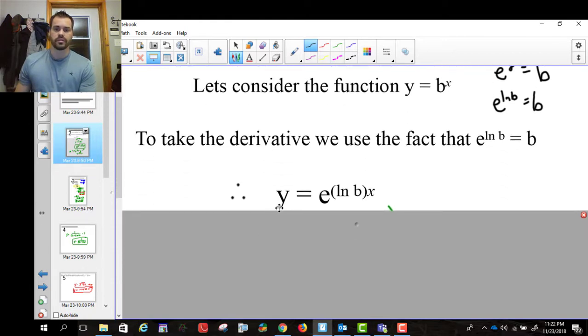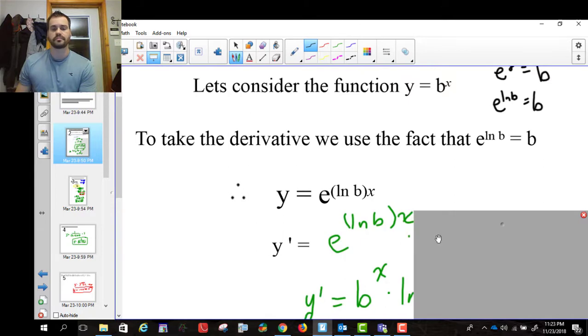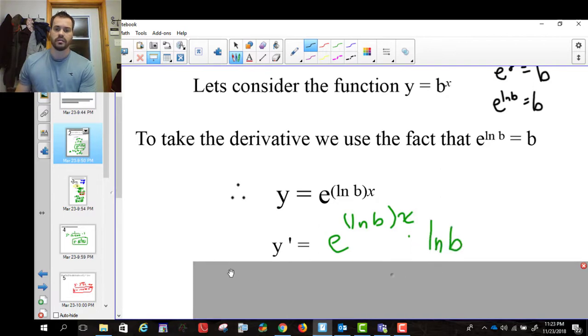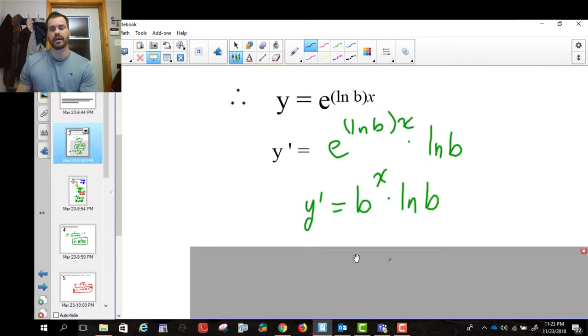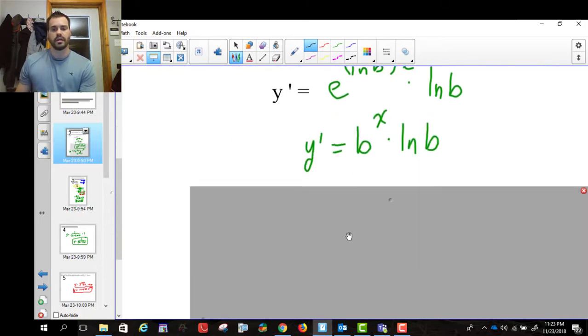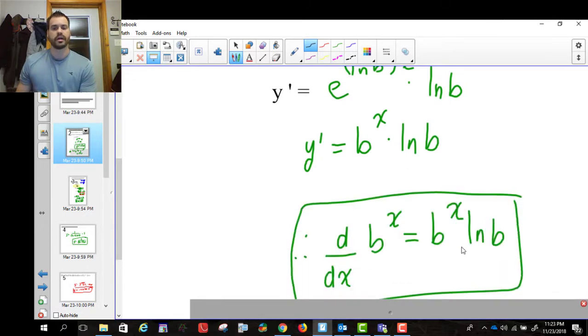Then I'm going to take the derivative. So this is going to be a chain rule now. It's e to the ln b to the x, so the derivative of that is e to the ln b to the x. And then the derivative of ln b times x, that's a constant, so it's ln b times the derivative of x, which is 1. So that's the derivative. And then we just take the e to the ln b and replace it back with b. So we end up with this statement, that the derivative of b to the x is b to the x